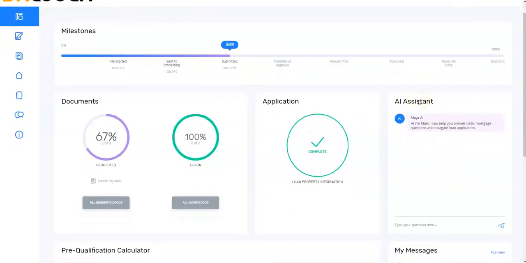This new section here is our AI assistant that we're working on. We call her Maya, the mortgage AI assistant. And she is here to answer a lot of the simple sort of FAQ questions that your borrower may have as they're going through the process. So, what is the difference between refinancing and a regular mortgage? What is a HELOC? So sort of defining different definitions,